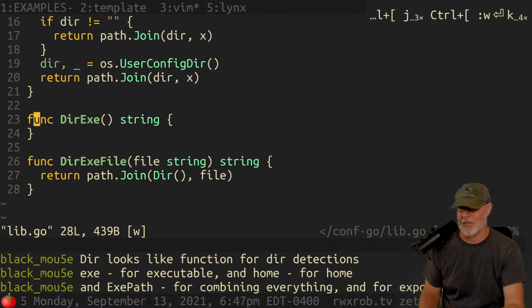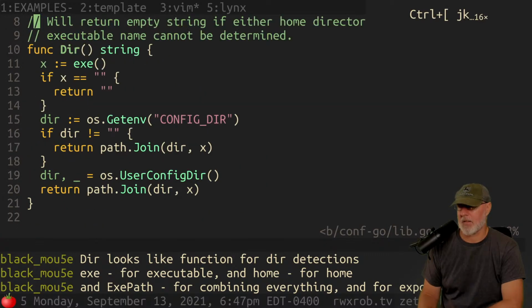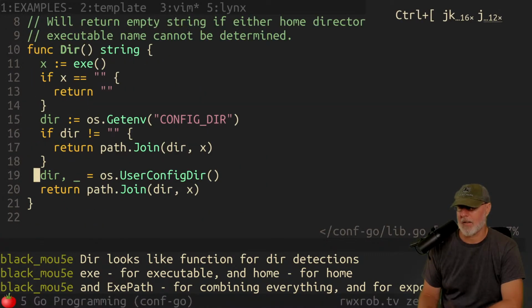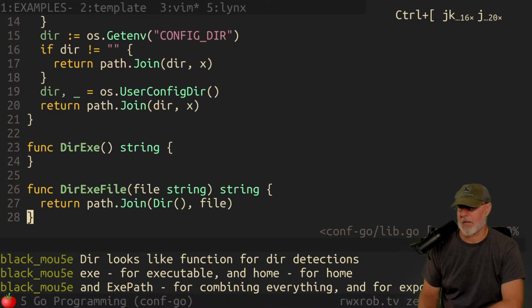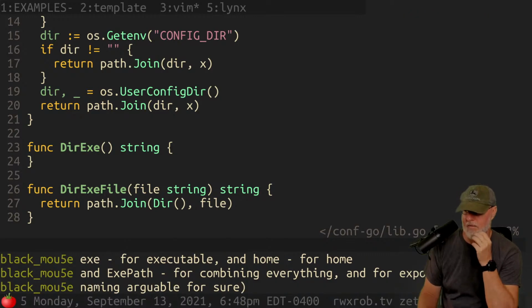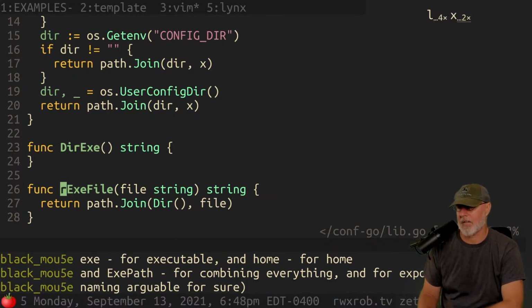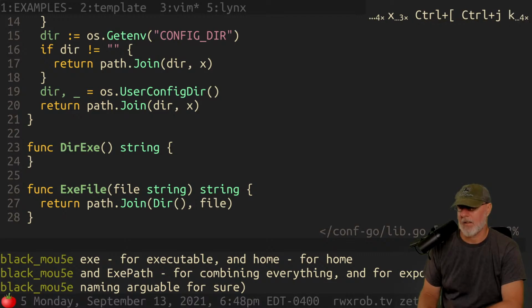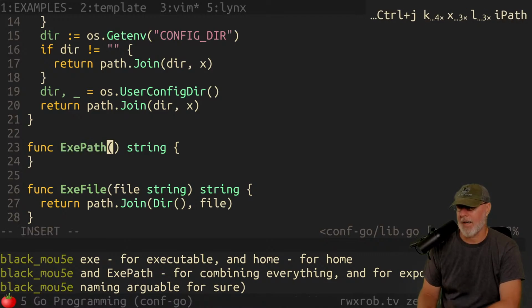This isn't Bash anymore. exe path for combining everything. Conf.exe path. Exe path. Conf.exe path. Conf.dir exe file. Conf.exe file. Conf.exe path.